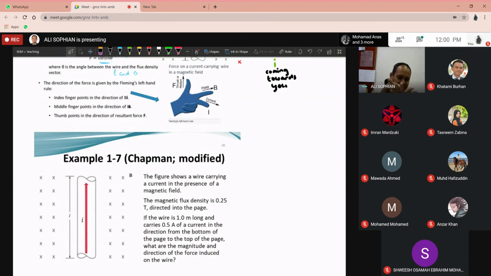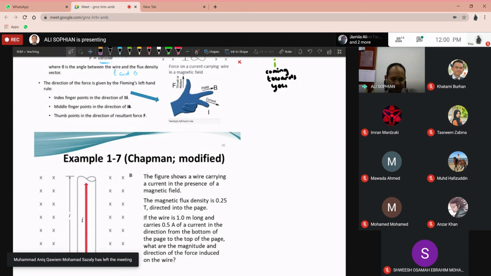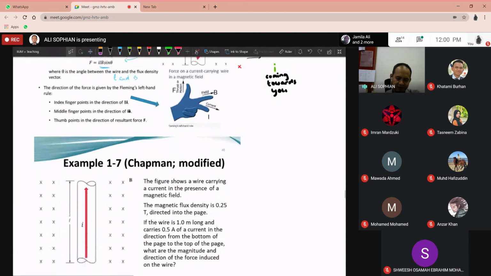So F should be towards the left hand side. Yeah? So F will be towards the left hand side. And then what about the magnitude? For the magnitude, you use this equation here. F